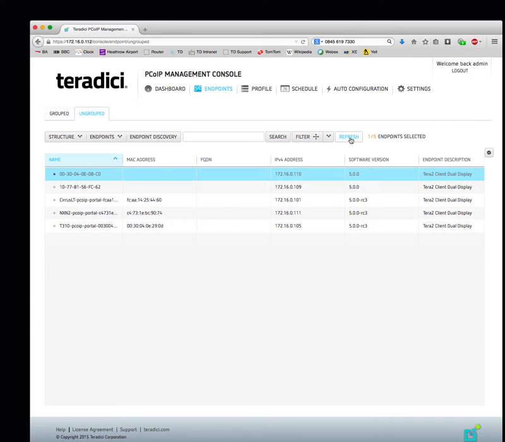and it's showing their name currently with their MAC address, it's showing their IP address and their software version, which is the firmware we've installed on the Zero clients. It's also showing us the endpoint description. So these are Teradici second generation dual display Zero clients. So what I can now do is take one of these Zero clients and look at some more information about it. So if I hit the details button,